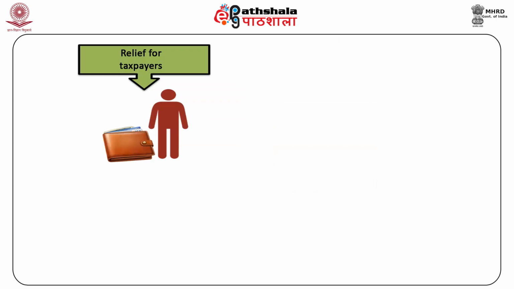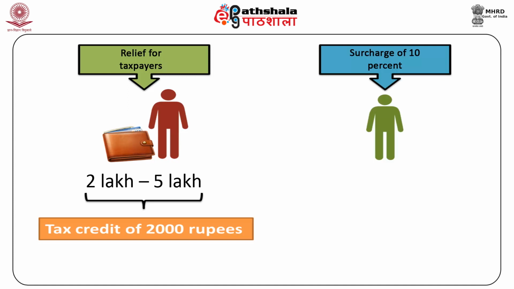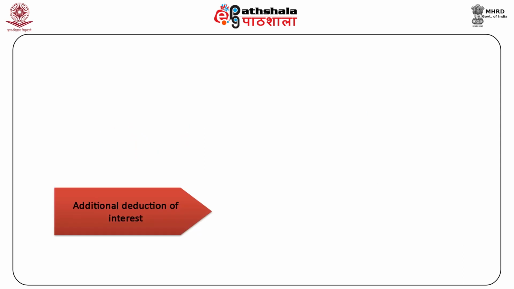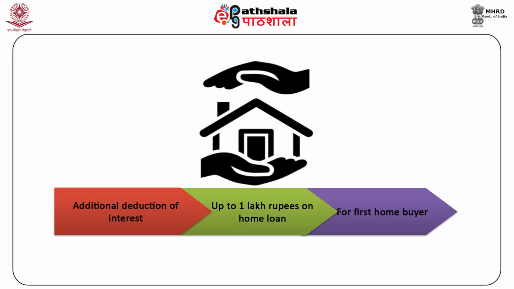Relief for taxpayers in the bracket of 2 lakh rupees to 5 lakh rupees, tax credit of 2000 rupees to every person with total income up to 5 lakh rupees, surcharge of 10% on persons with taxable income exceeding 1 crore rupees, additional deduction of interest up to 1 lakh rupees on home loan for first home buyer,